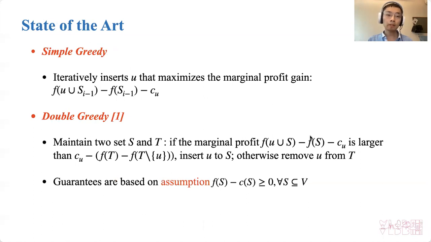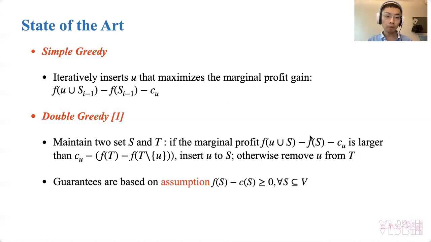Now we review the state of the art on this problem. The first one is called simple greedy. However, this method doesn't provide any guarantee. The second one is called double greedy. Although it provides a constant approximation guarantee, it needs the assumption that for any subset S, f(S) minus c(S) is greater than 0. This assumption is